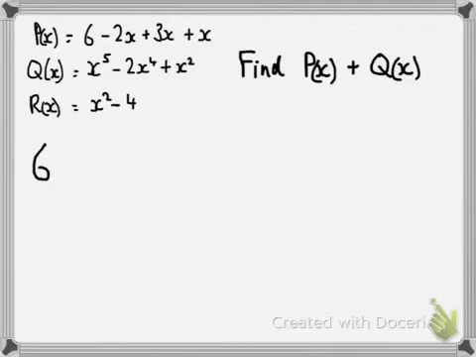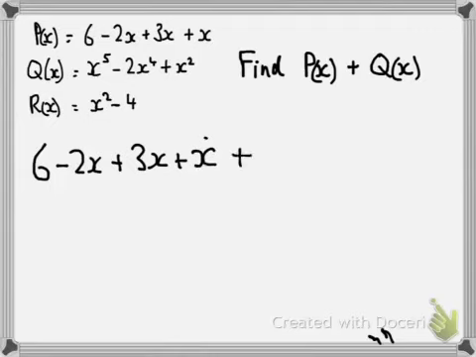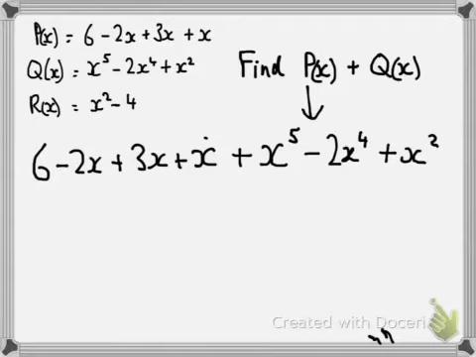We've got p of x is 6 minus 2x plus 3x plus x. We're going to add to that q of x, which is x to the power of 5 minus 2x to the power of 4 plus x squared. Okay, so this is p of x plus q of x. So that's going to equal,